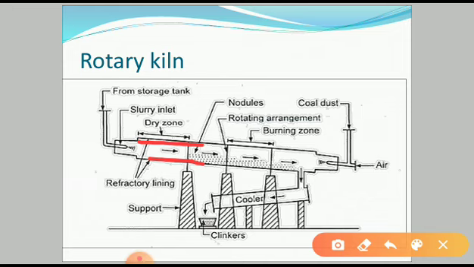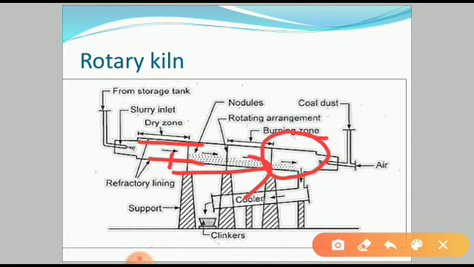Then the rotation of the rotary kiln causes the flakes to move from the upper end to the lower end of the kiln, subjecting them to higher and higher temperature. This particular burning zone is subjected to around 1300 to 1500 degrees Celsius. The kiln is fired from the lower end. The fuel is either powdered coal, oil or natural gas.